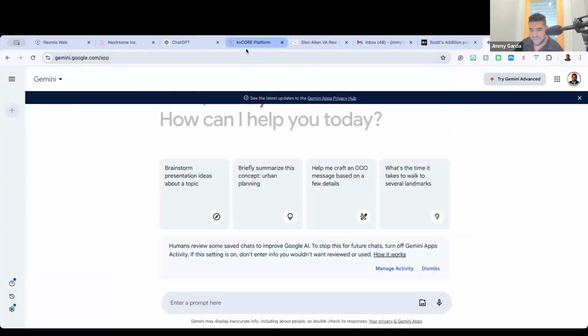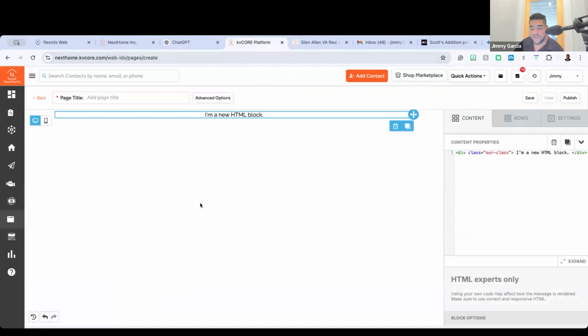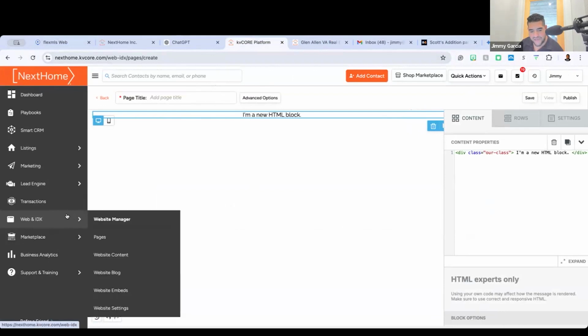It's a prompt-based system. Now, KV Core's AI is ChatGPT based. That's what it's built on. It's built on OpenAI's foundation. Okay, awesome. All right. Another aspect to websites that I see a lot of agents not taking advantage of with the Cookie Cutter website